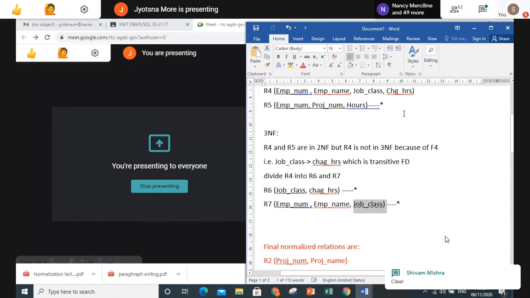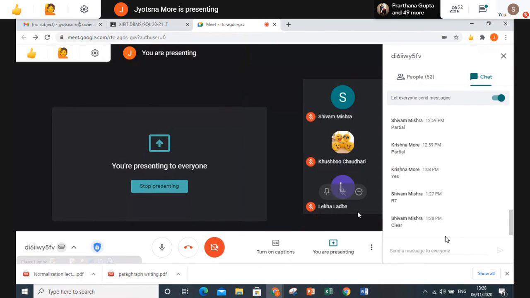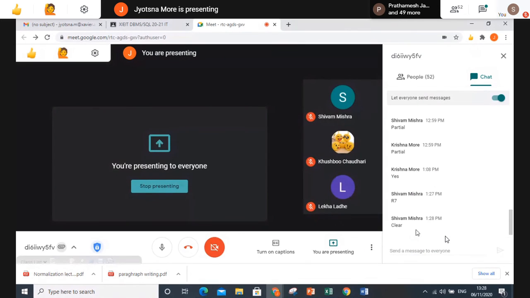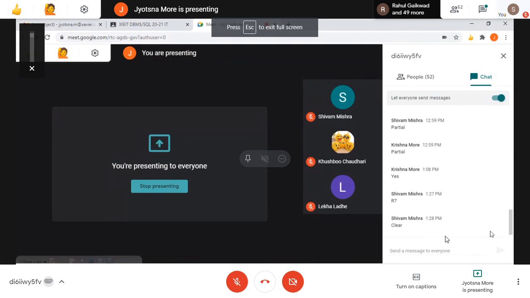R7. Again, further, if you want, you can check it for a BCNF. But in our dependency diagram, they have not given anything for BCNF, non-key attribute determining key attribute. That example I will take in your assignment, or I will put in your assignment. In that, if you are having doubt, you can ask me. So, shall I say that it is understood by everyone? And in next lecture, we can start with our last chapter of the syllabus. Okay?